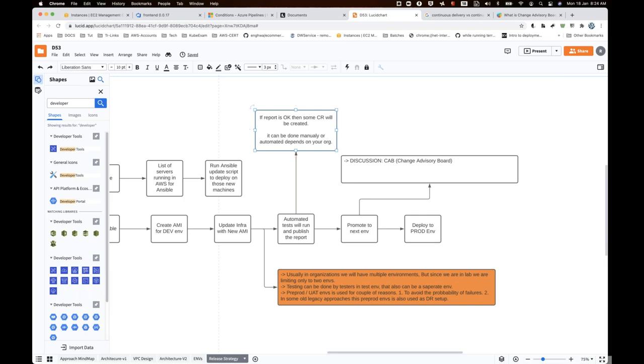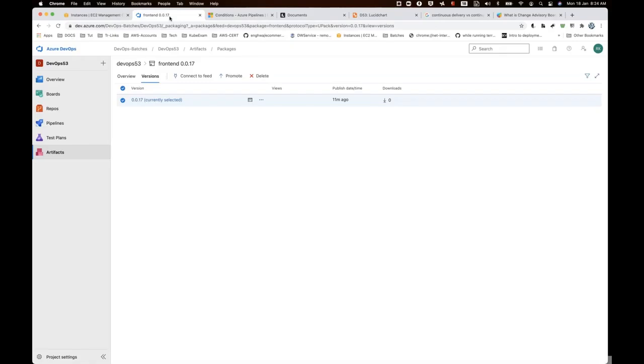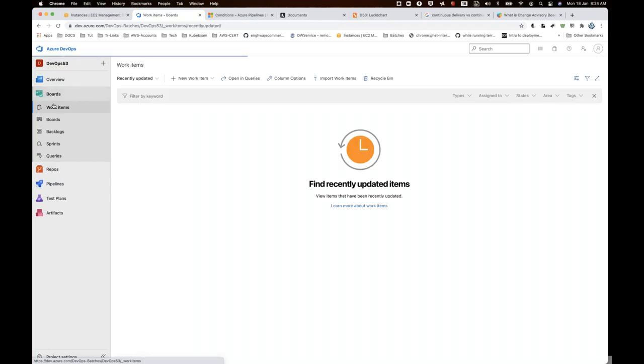In my previous organization we made end-to-end automation, so if any test case runs and everything is okay, it automatically creates a CR, a change request. A CR is nothing but a story or a task which gets created in the boards. I haven't talked about this particular point yet; I will come back to it in some time. Here you have some boards and you'll be having some work items, so something will be created here.